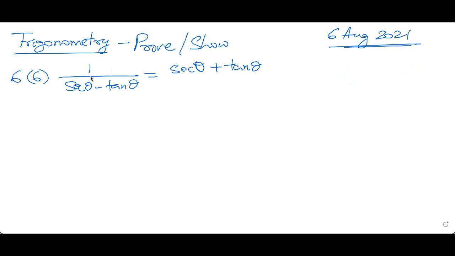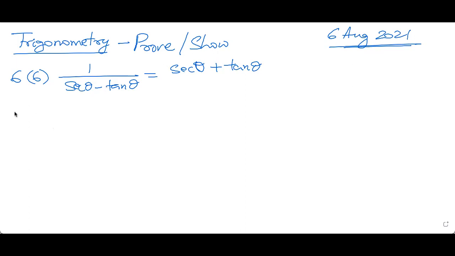So let us try to do this together. If you have not done it earlier, if you have already done it, very good, brilliant students. Now, the way I'm thinking about this is, on the LHS, I have a fraction. On the RHS, I don't have a fraction. I just have 2 terms. Okay? So it's up to me from whichever way I start. But what I'm seeing is, on the LHS, it is sec theta minus tan theta. On the RHS, we have sec theta plus tan theta.